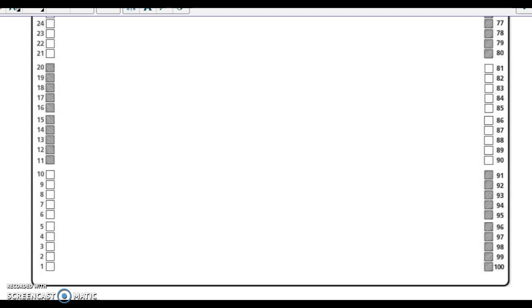So first thing we're going to do is we're going to count all the way around the board, and each time we finish a 10, we're going to draw a line through it, okay? So let's go ahead and start counting. 1, 2, 3, 4, 5, 6, 7, 8, 9, 10, 11, 12, 13, 14, 15, 16, 17, 18, 19, 20,